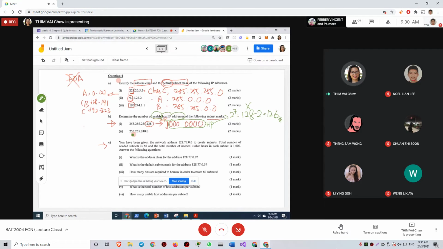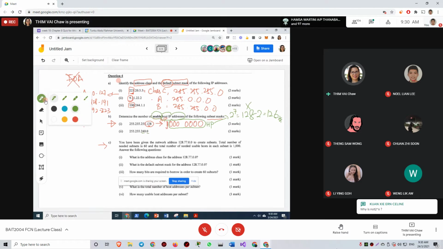So now come to here. They didn't tell you whether this is a class A, class B, or classful subnet mask, or classless subnet mask. We don't care about that. We're going to look at how many bits are in our network portion. So from here, because they are starting from